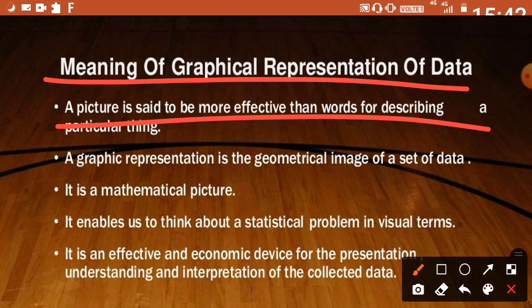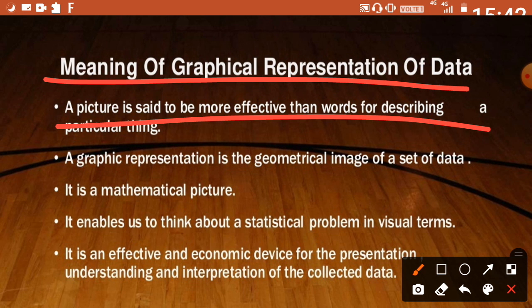Whenever I talk about pictures and images, these are used literally. Let's consider I'm talking about Alexander. I will tell you he was this much height, he had beards, etc. But if I show you the picture of Alexander, then you will definitely remember his appearance. You can easily remember how he looked and how his facial appearance was. It's the same thing with graphical presentation.